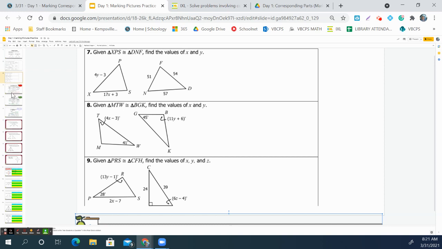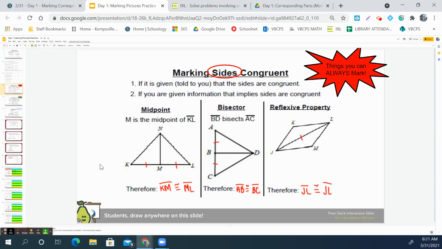Pages 4, 5, and 6 are all kind of notes, and then we're going to practice them on 7 through 10. And hopefully this will make sense for your homework tonight. Basically, there are a bunch of different ways that we can label things, right? And we're going to have to use the vocabulary that we've learned up until now, and then do like a